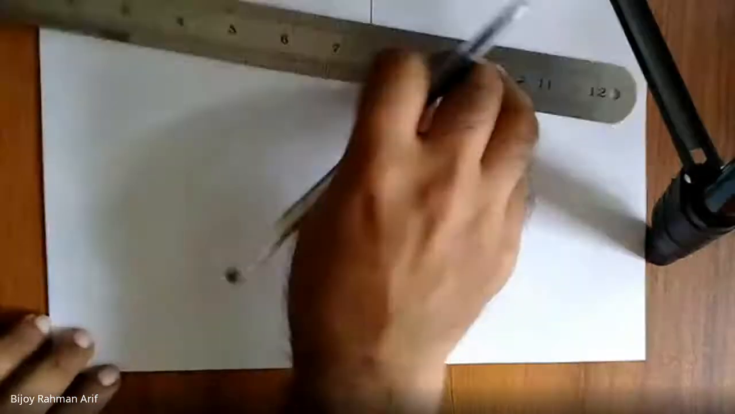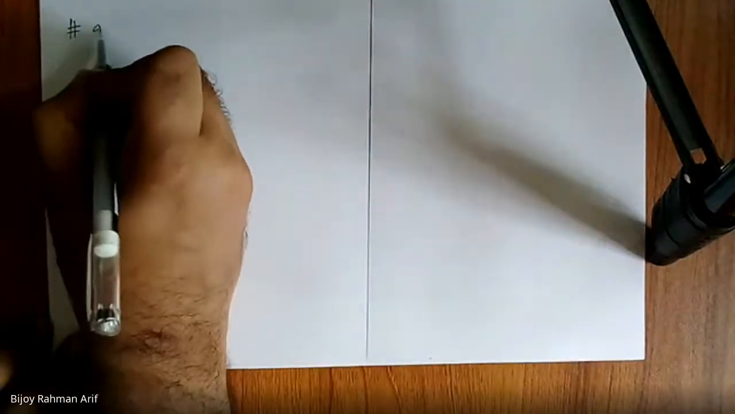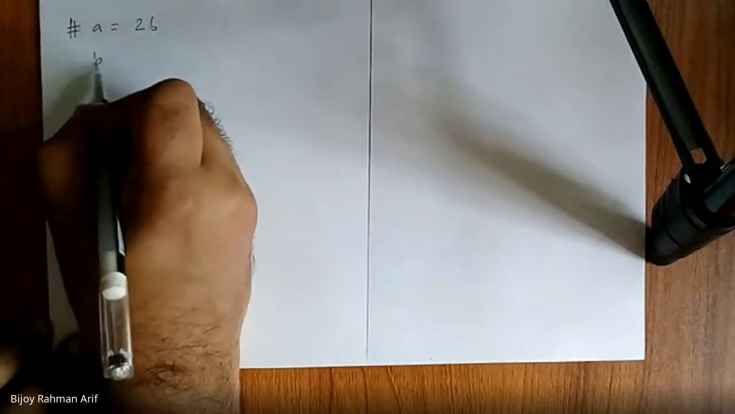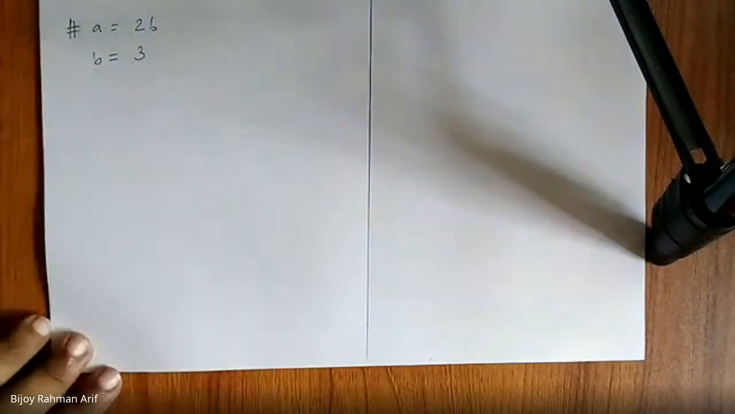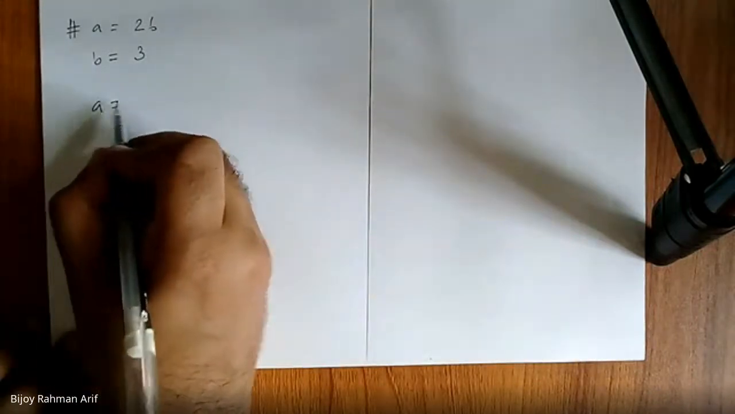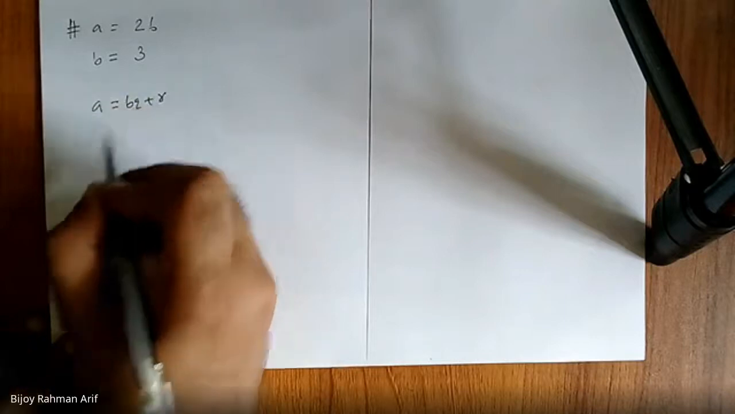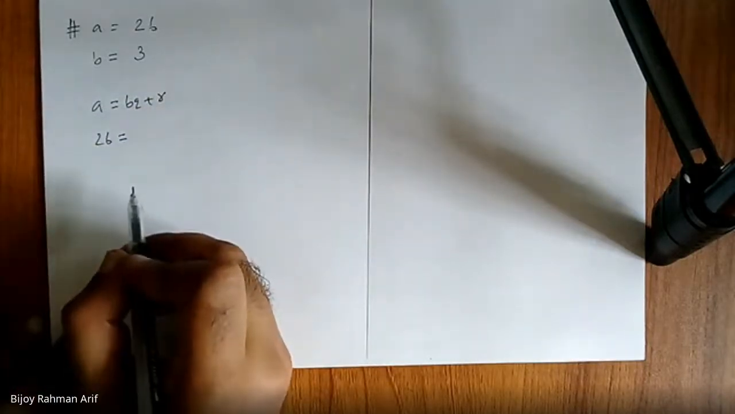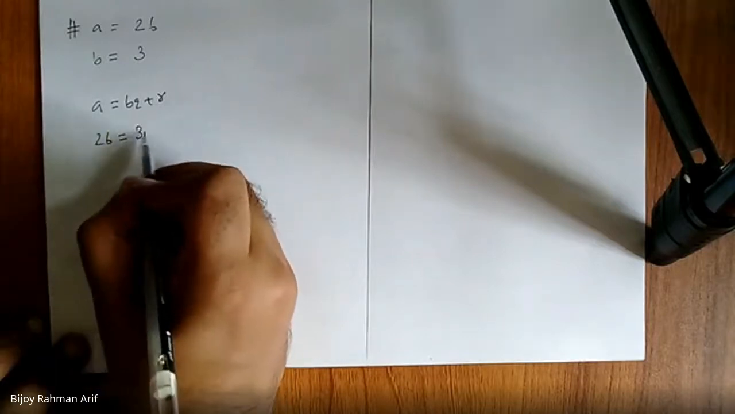Let's assume our A is 26, B is 3. So how can I write this? A equal to BQ plus R. So we can write 26 is nothing but 3 star